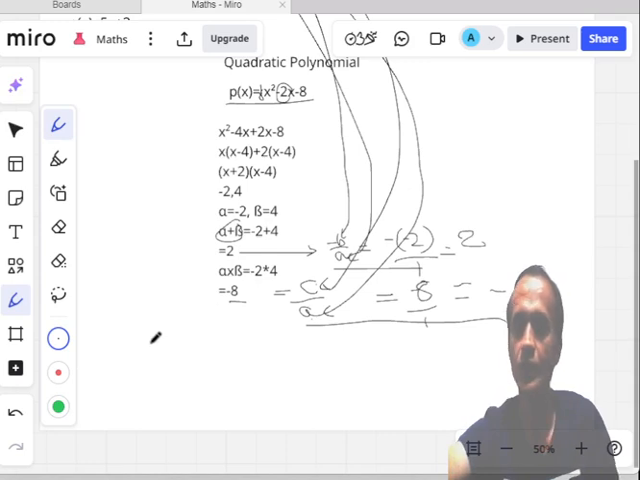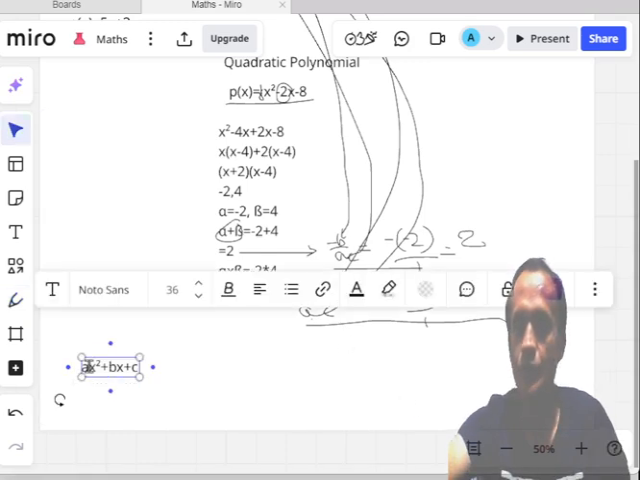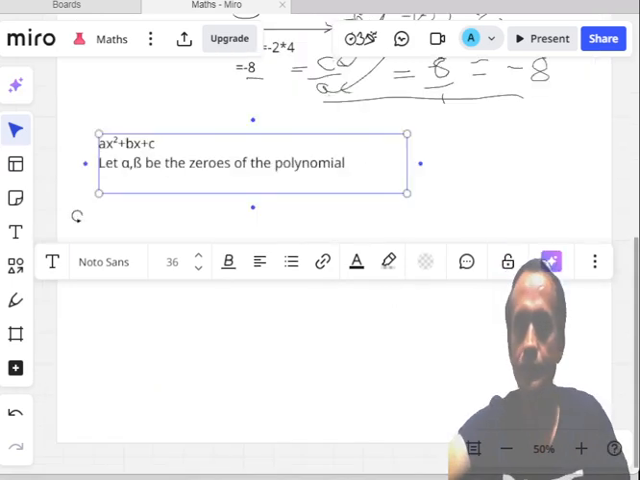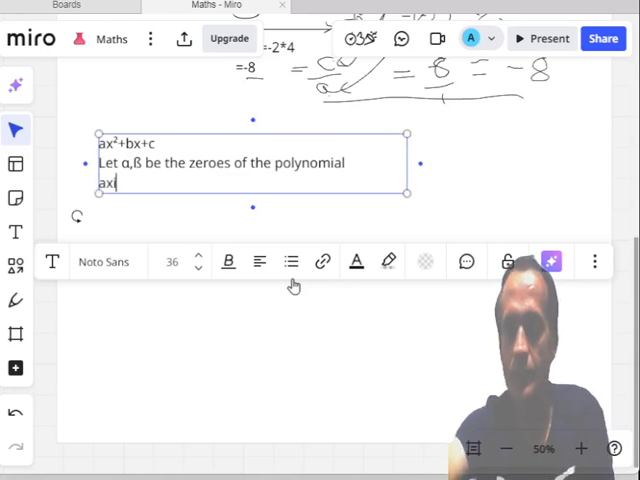So now we will try to find out and prove that the sum of the zeros is minus b by a and the product of the zeros is c by a. So for the polynomial ax square plus bx plus c, let alpha and beta be its zeros. So then we can write